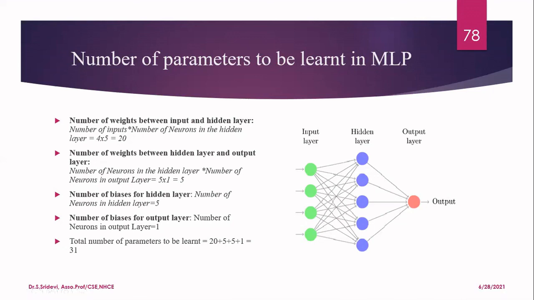Okay, so learning of parameters is always a difficult task. That's why we say, don't go too deep. Whichever level is required for your problem, you can select only that much. Otherwise, the computational cost will be more in your program. Okay, so for this particular given problem, the total number of parameters to be learned is 31.